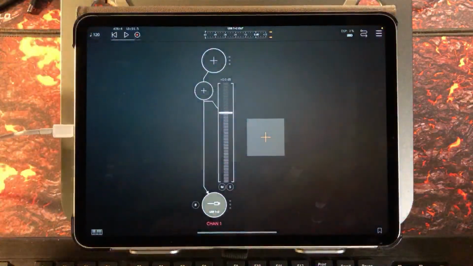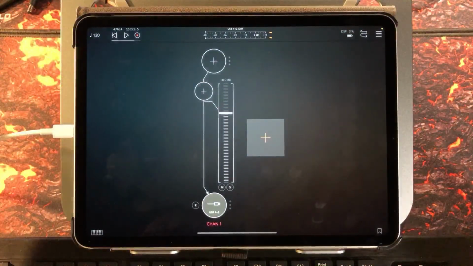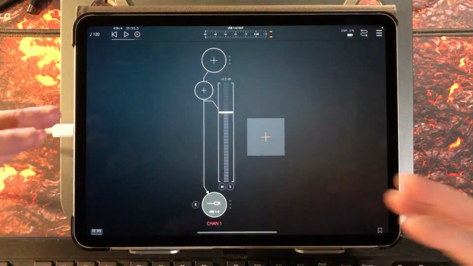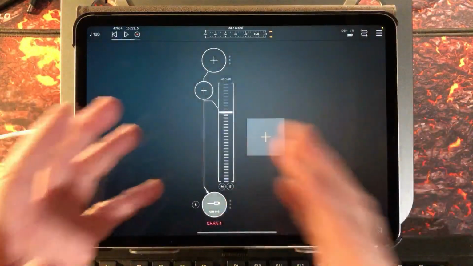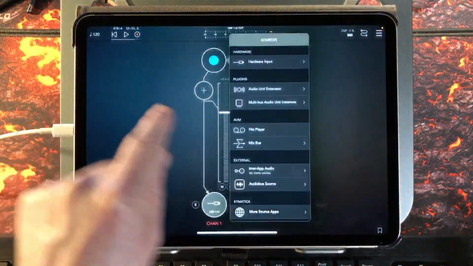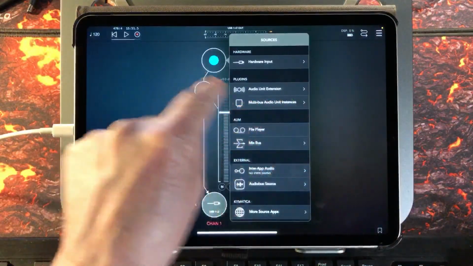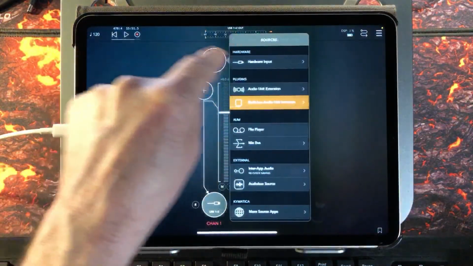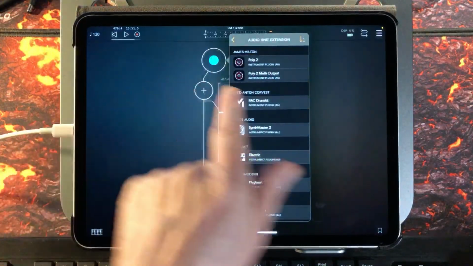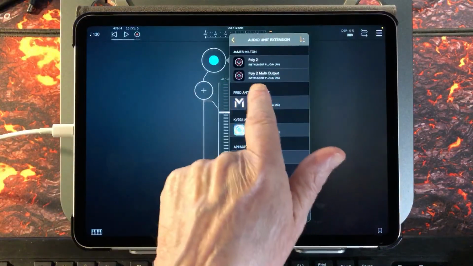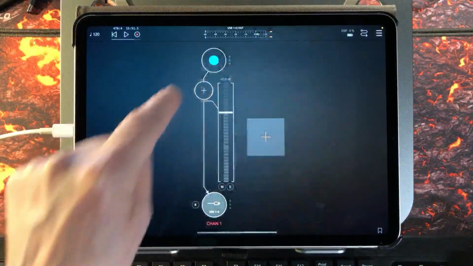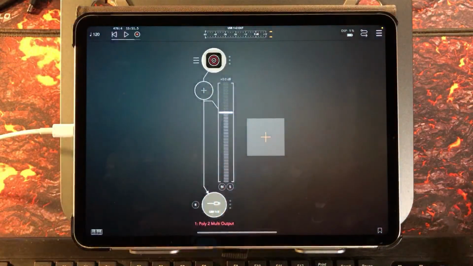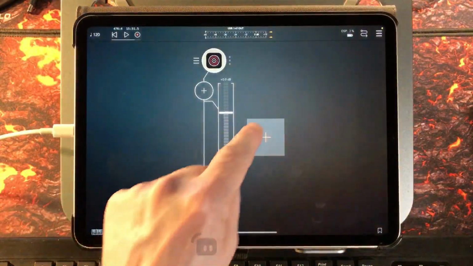So let's take a look at multi-out now. Now, when we use multi-out, we've actually disabled the effects inside. So all we need to do for this is multi-bus audio unit instances, nothing there. Let's add this, and you see it says poly to multi-out. Choose poly to multi-out, and don't forget we've got 8 slots. So let's add